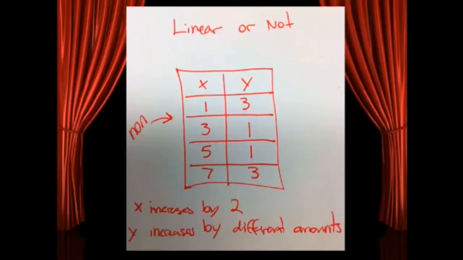Number 12 on your math will ask you if this table is linear or non-linear. Something to notice here, if you see where I've had an arrow on the x values, they go up 1, 3, 5, 7, and that is at a regular increase of 2 at a time. But take a look at the y value side over here. 3, 1, 1, 3, this is not increasing or decreasing by a regular or constant interval. This means that this chart is considered